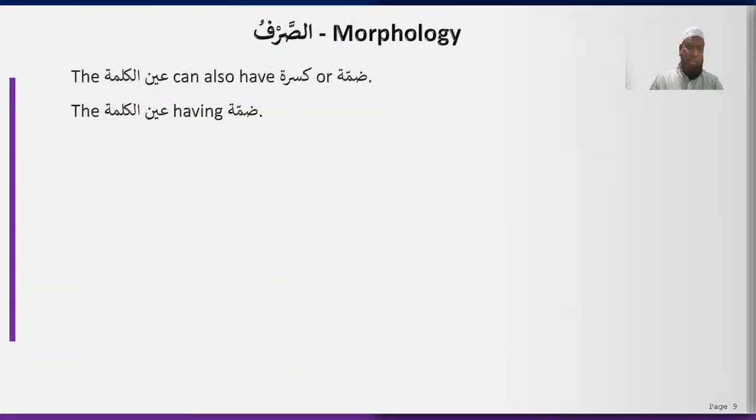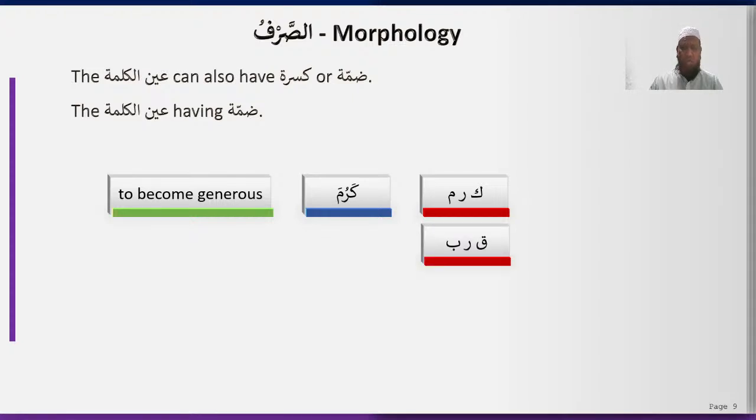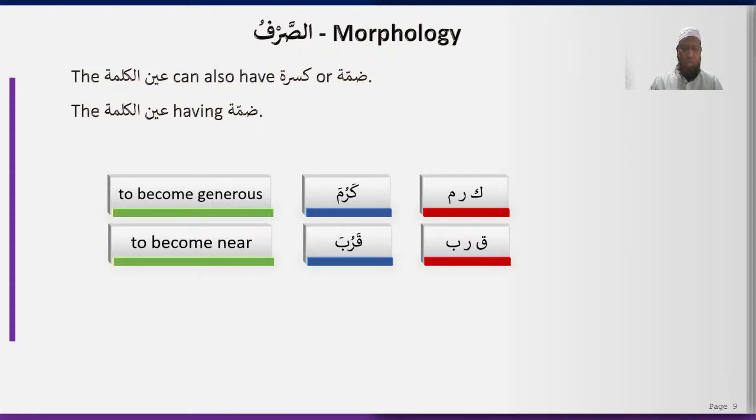Let's look at some of the verbs that have aynul kalima with dhamma. Remember, in this group, there's only a handful of verbs. So we'll have the same verbs as we've been learning. Kaf, ra, mim, karuma, to become generous. Qaf, ra, ba, qaruba, to become near. Ba, ayn, dal, ba'uda,